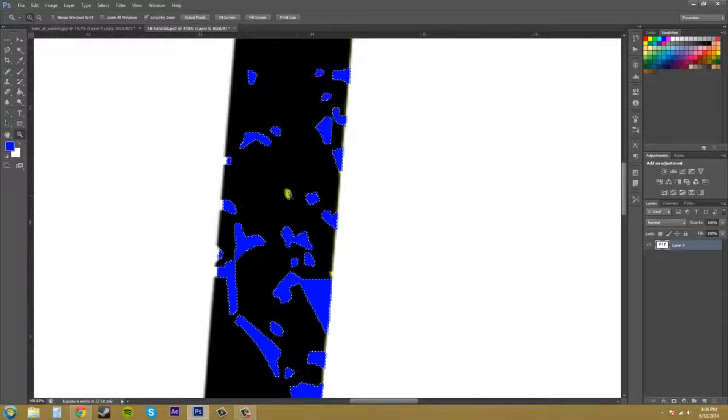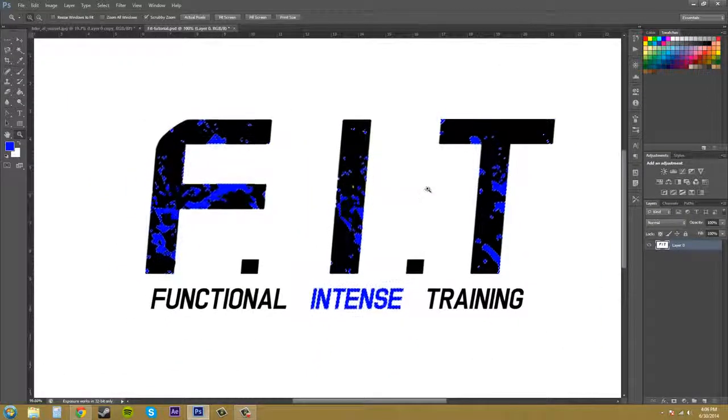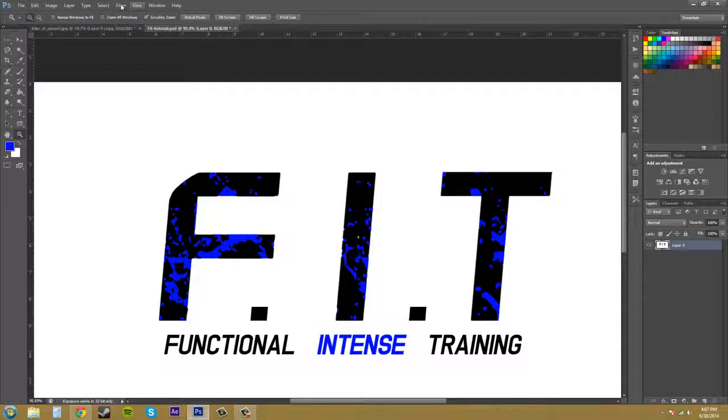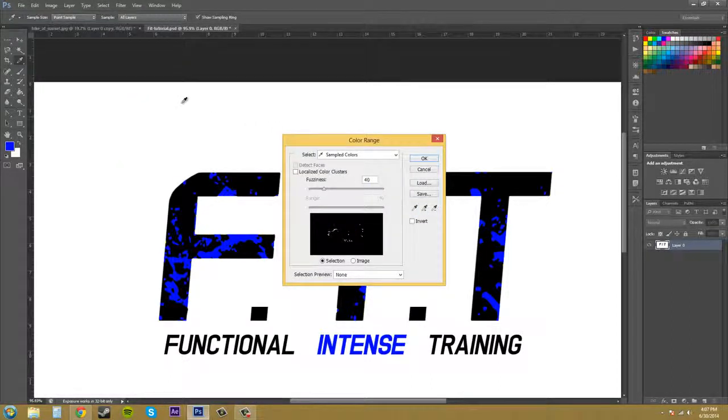I mean, there's this piece here. You can just come in and manually fix these, but for the most part, we have got our color selected and changed. So that's how you use your color range selector. You could also use it to just take out the white or something like that. So I select this, I take out the white, or select the white, hit OK,